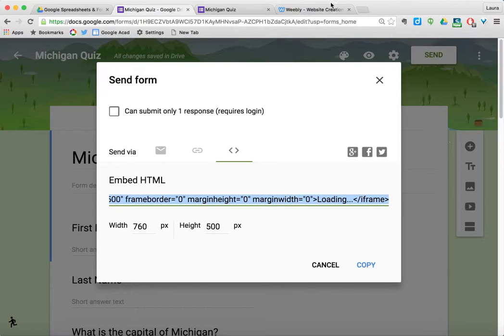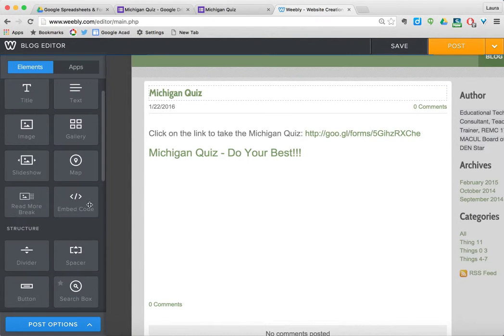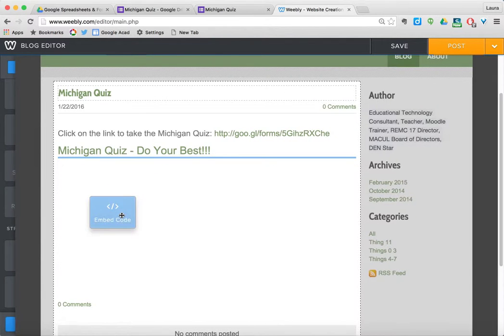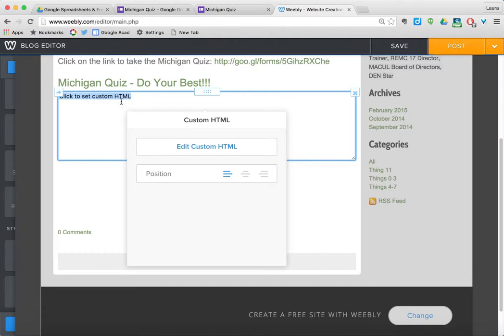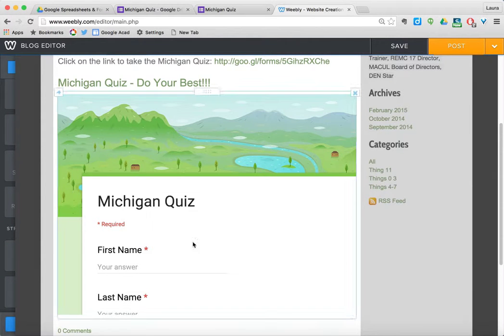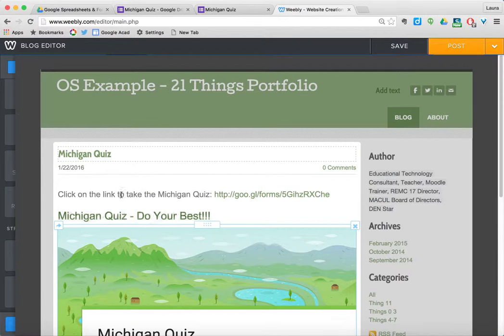And then I'm going to go back to my website tool, and I have to look for the thing that will let me put embed code on my website. In this case on Weebly, it has that same symbol with an extra slash in it. I can click here and paste in my embed code and then click off of it, and now you can see the quiz is just going to appear right there on my website. So I'm going to go ahead and publish this,